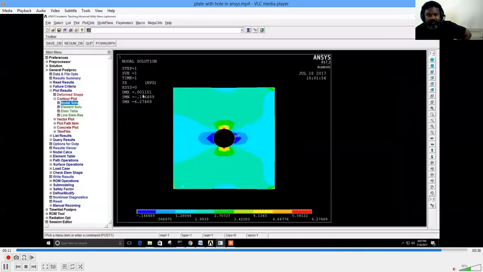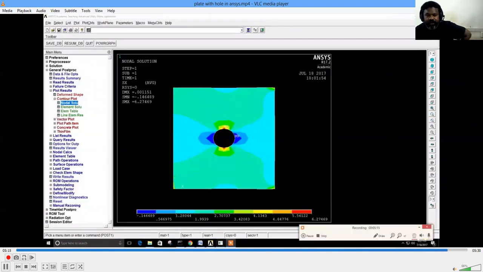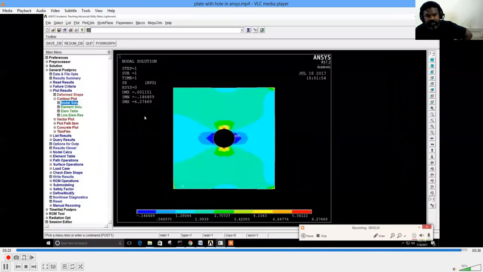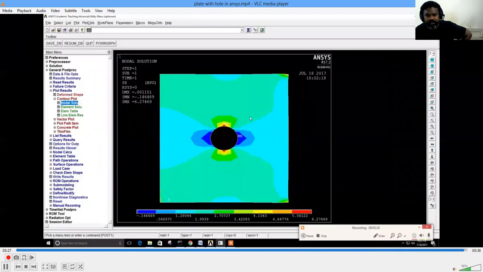You have to compare the appropriate stress value. Since the load is applied in the horizontal direction, here stress in the x direction alone is taken into account. If you want, you can compare the principal stress; that will be a little variation. This value is also the same. So the maximum stress you have to calculate in this way.